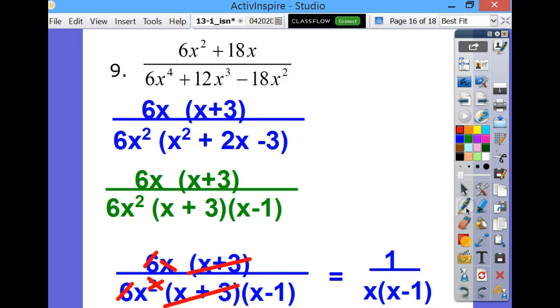Here is problem number 9, all worked out for you, so you can copy it down in your